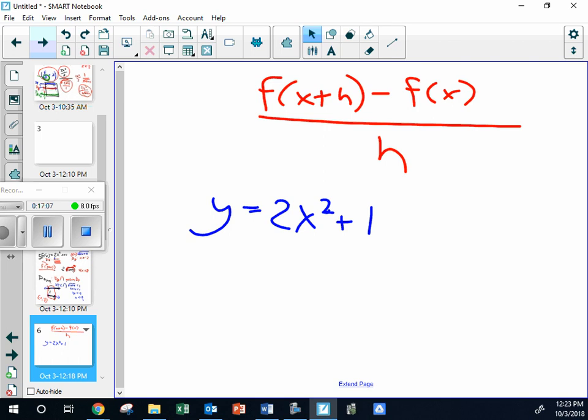If you don't know what's going on, pay attention in a minute. But at minimum, stick in x plus h into this function right here. Pausing. So you should have said,